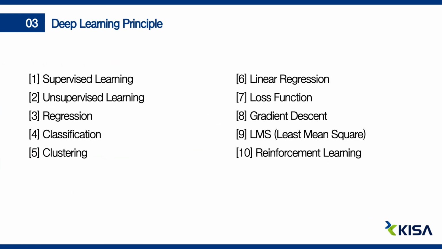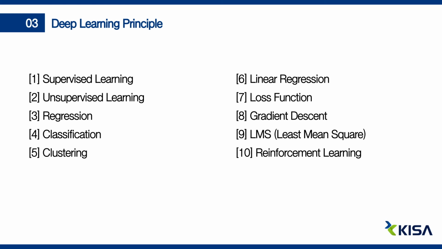We'll address the principle of deep learning with 10 keywords. There are supervised learning, unsupervised learning, regression, classification, clustering, linear regression, loss function, gradient descent, LMS or least mean square,